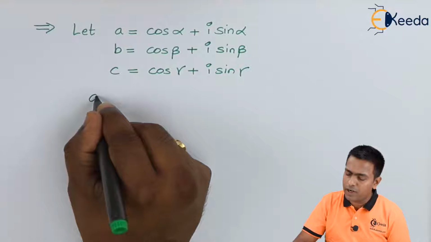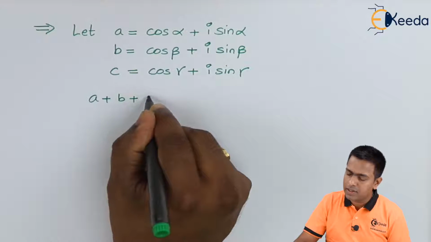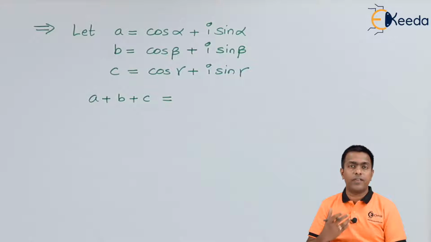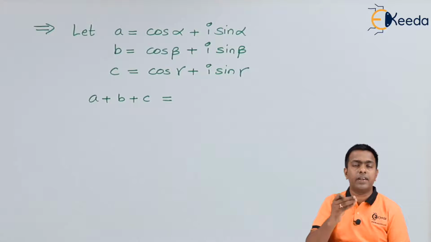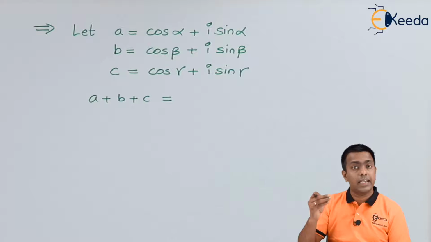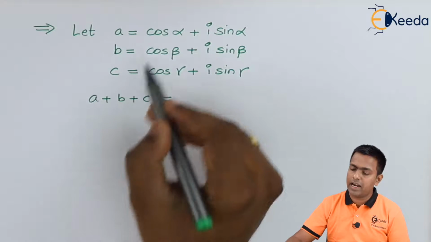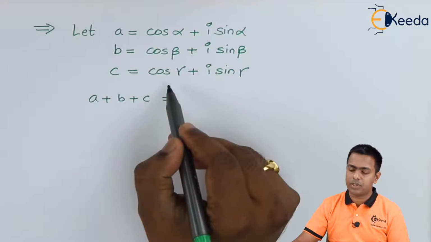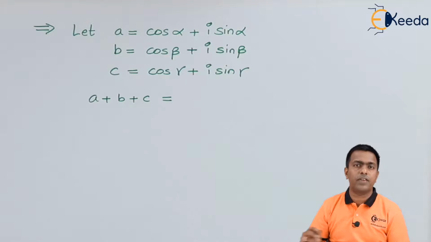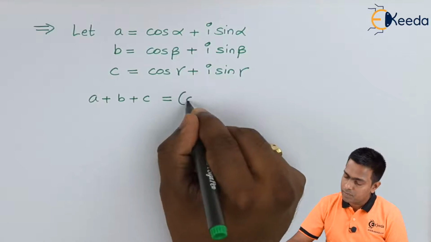So now guys, here I will add these 3 complex numbers. So we'll find the value of A plus B plus C. We all know that whenever we add complex numbers, we add the real part with the real part and the imaginary part with the imaginary part. So here I'll add cos alpha with cos beta plus cos gamma, and sin alpha with the sin terms. So we'll get